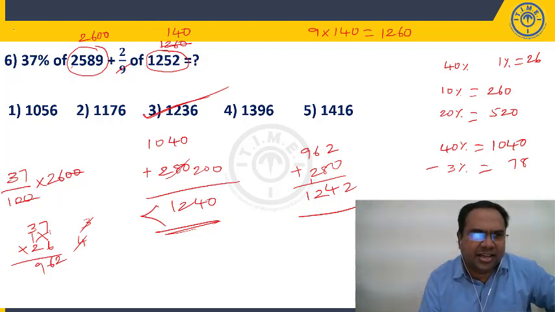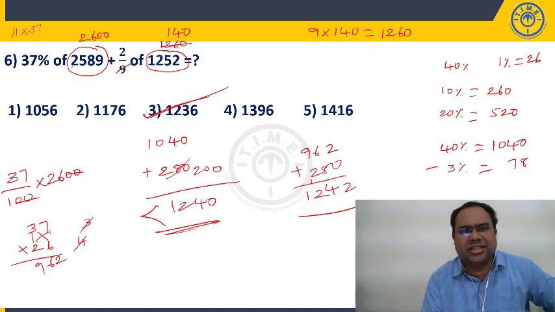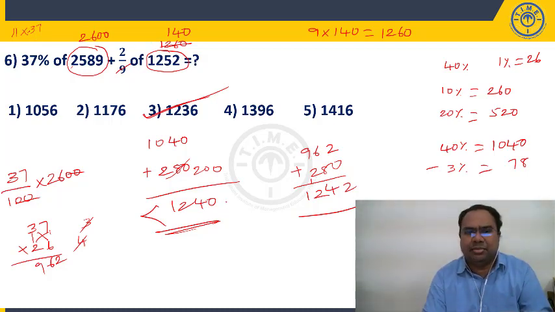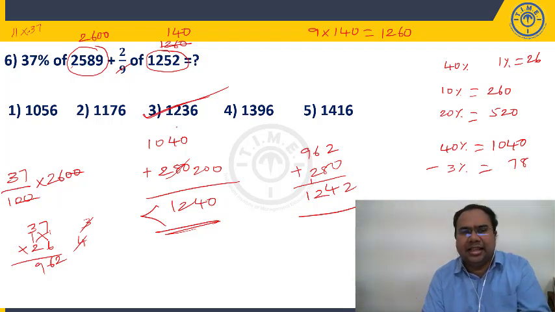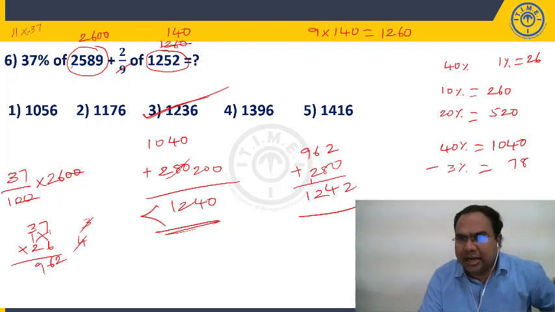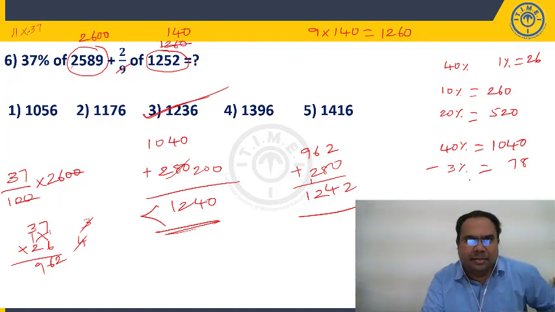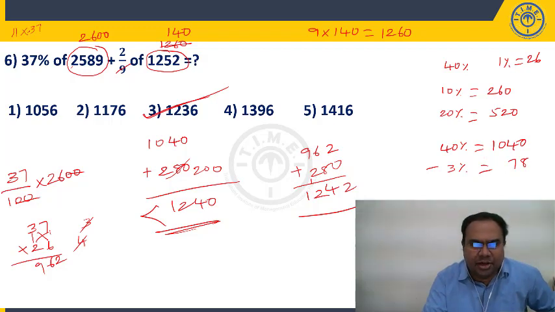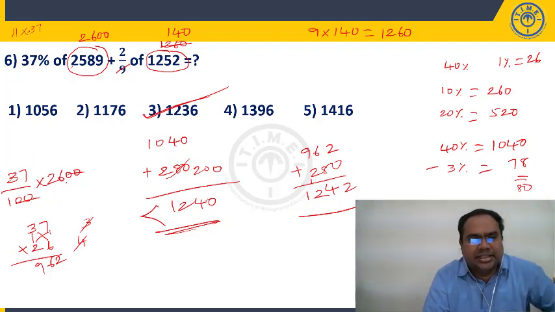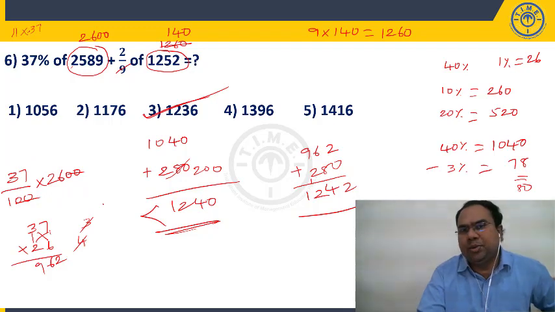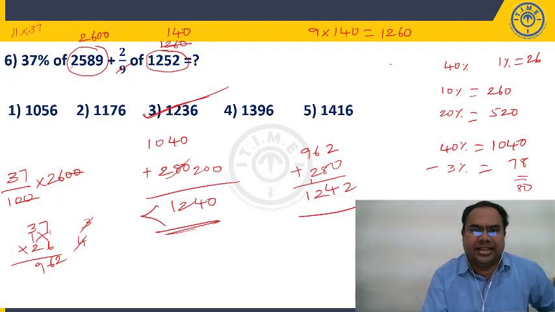So I am taking 11 extra. 11 into 37%, that means 0.37, that means around 4 extra, another 1 extra here, around 5 or 6 extra I am taking. So I am saying it should be slightly less than that. The option is 1236. You take 10%, double is 40% you are getting, right? From this you subtract 3%. So instead of subtracting 78, let us take it as 80. So I am saying 280, 80 is gone, 200. So it should be 1240. That is my answer. Or 37 into 26 you can do. You'll get 962 plus 280, 1242, slightly less than that. So my option is 1236, right?